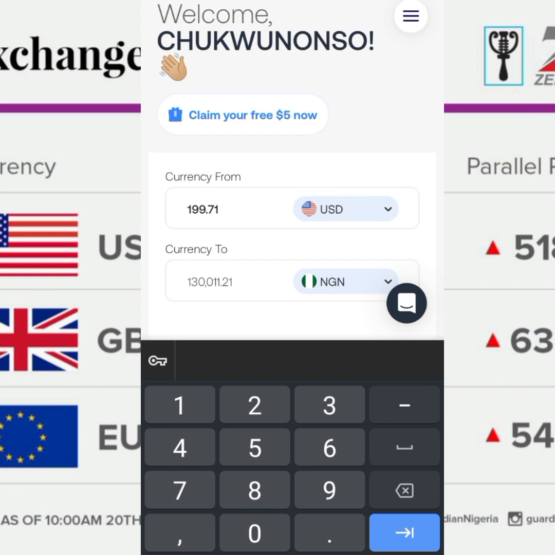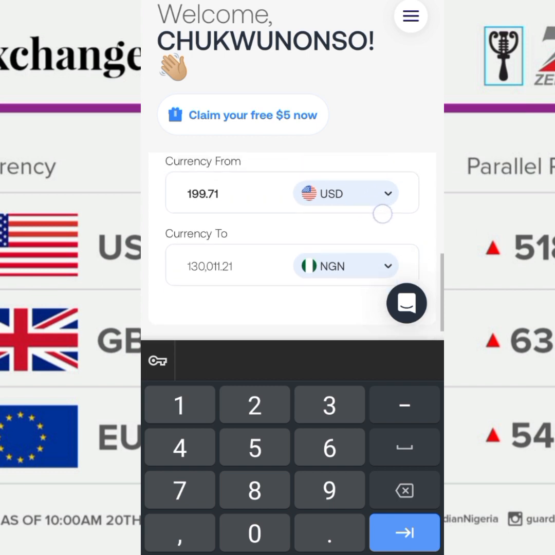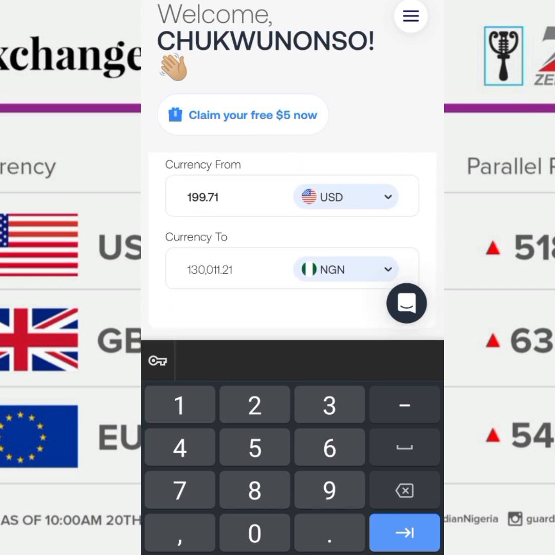I paste what I copied here. Okay, this is what you're going to get. So my calculator was wrong. I tried using the calculator before, but now I've gotten it right. You're going to get 130,000 naira, using 100,000 naira to go into trade.